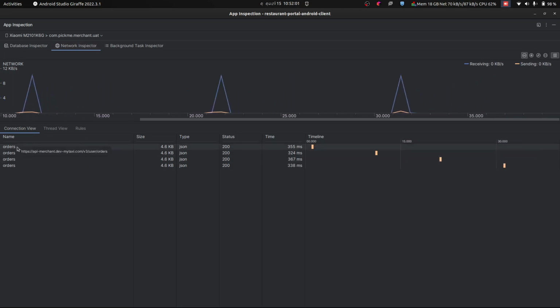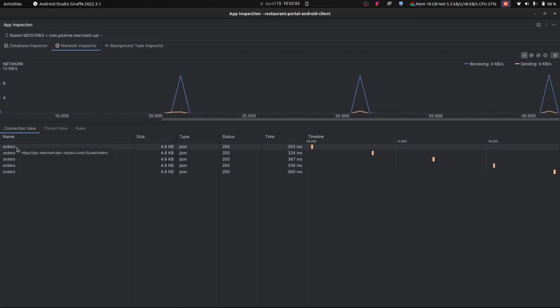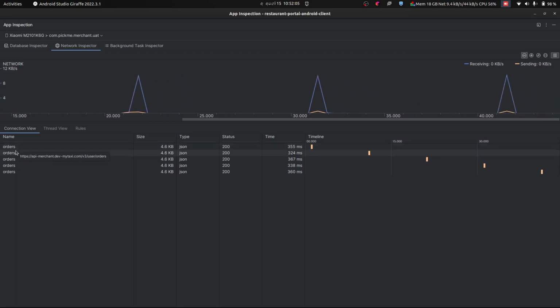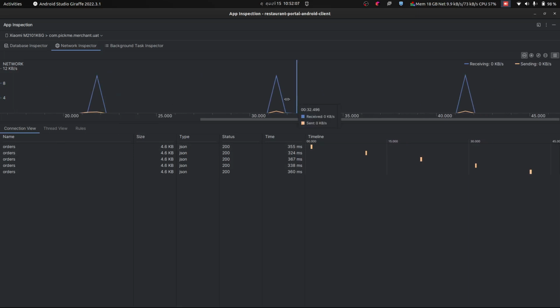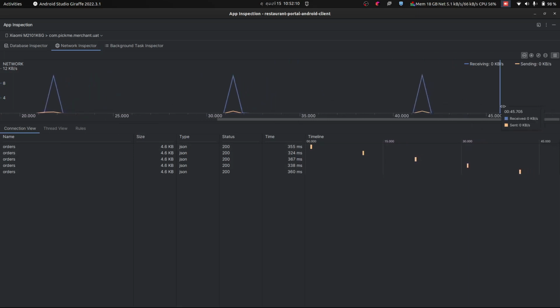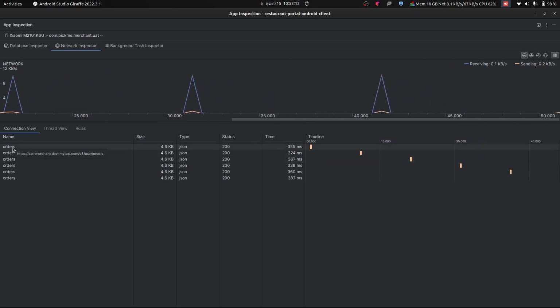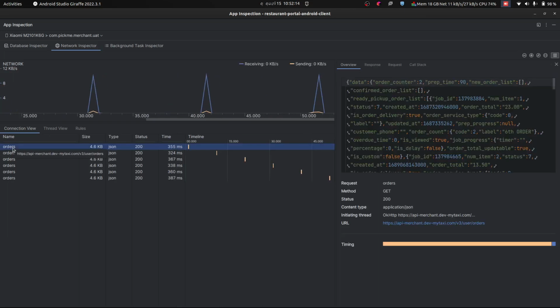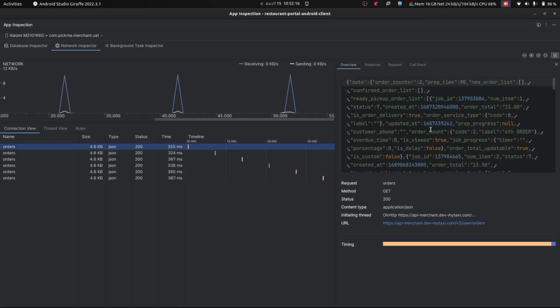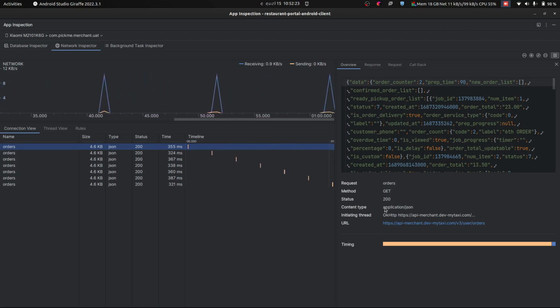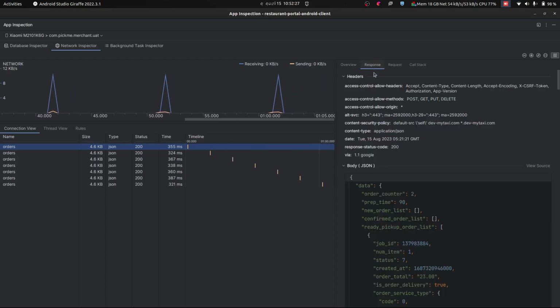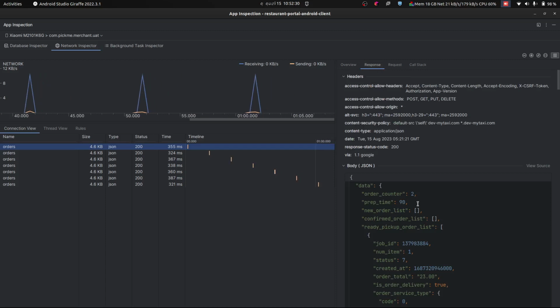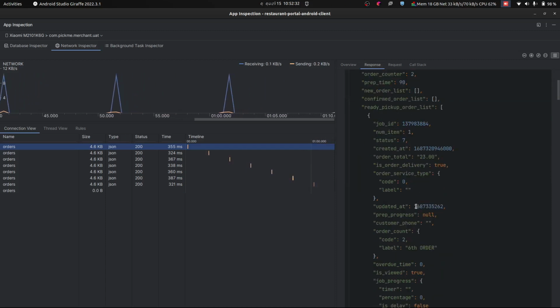Here we are sending a call every 10 seconds to poll the orders. You can see the network calls happening every 10 seconds. And also if we click some item here, you can see the overview of that network call, what the status and content type are, and the URL also. Here we can see the response of the